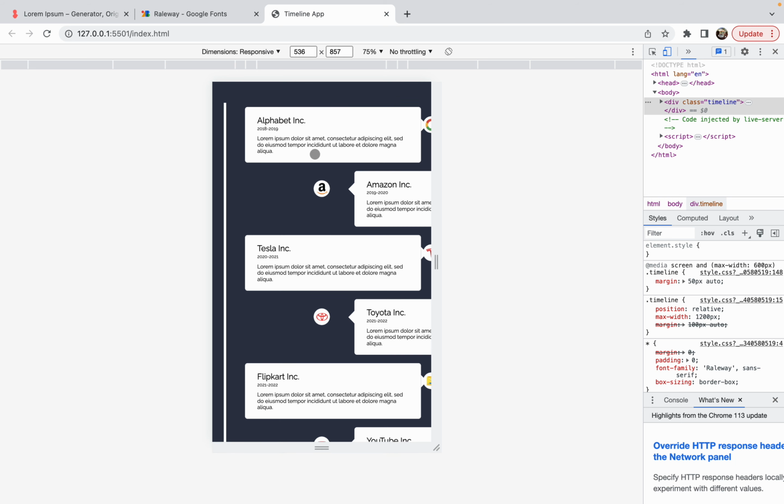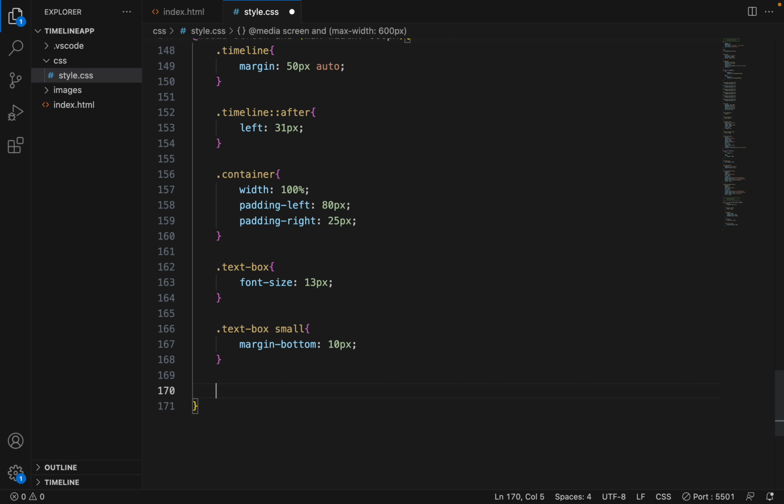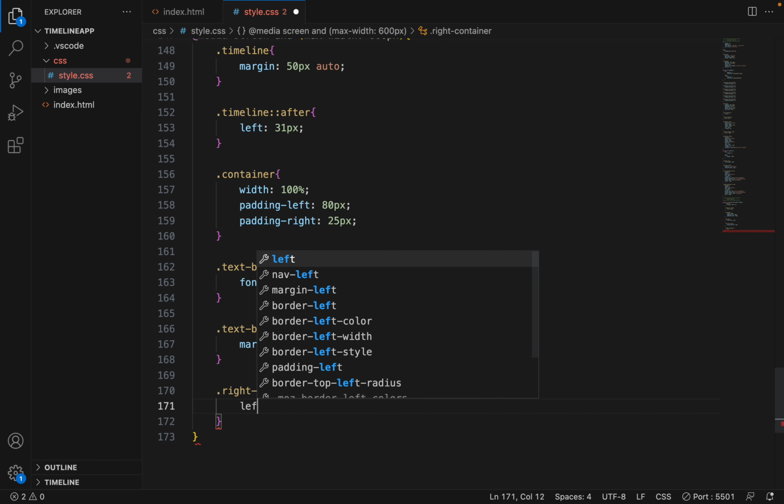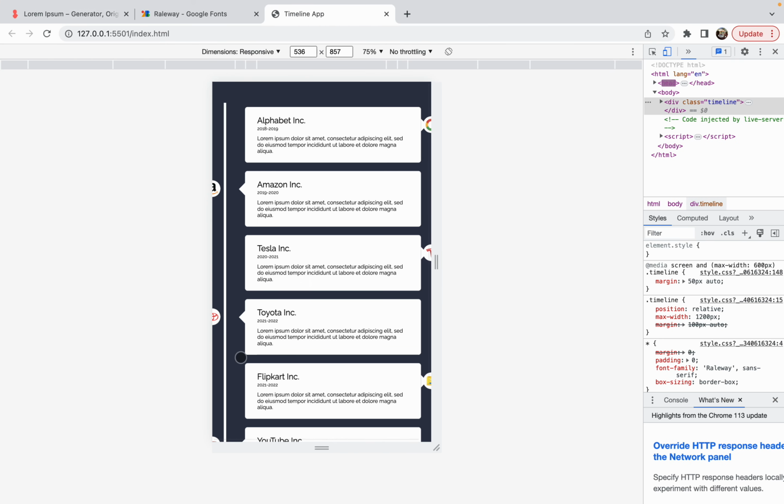Okay. So now we got this, and now we need these guys to be over to the left. The way to do that is, let's get our right container, left, zero, semicolon. All right. Okay. So now we got them in a line, but